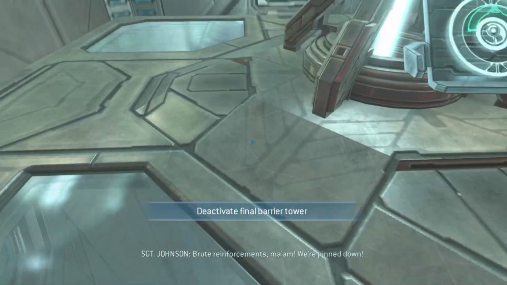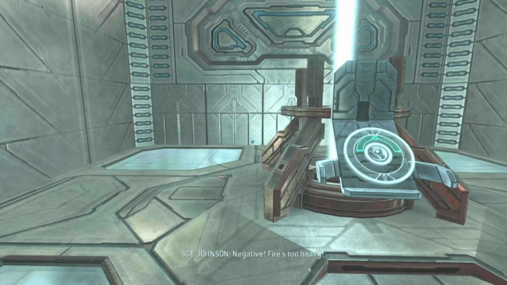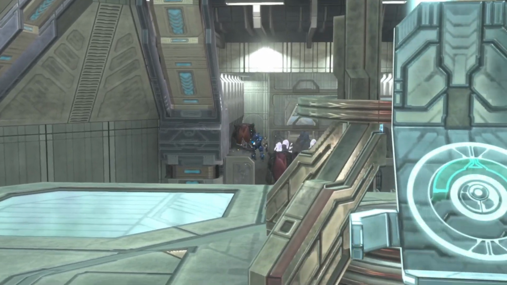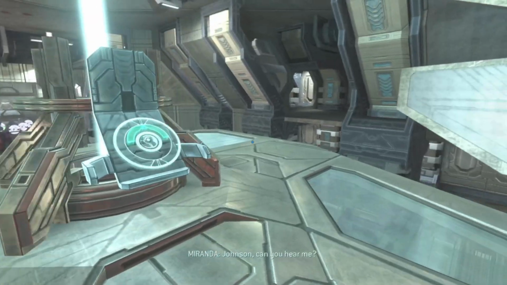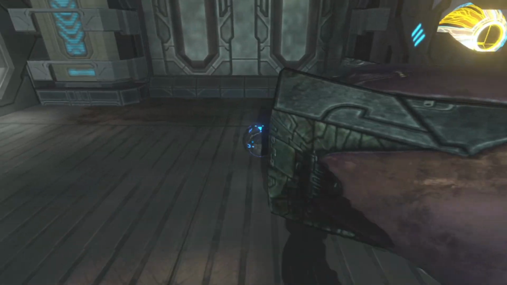So you want to be careful here first of all. You want to sit behind and use this as cover immediately, and just pick off any grunts you can initially. So, put some grunts. Whatever, that's enough. Now, duck in here to the right, and you want to grab the power drain to power